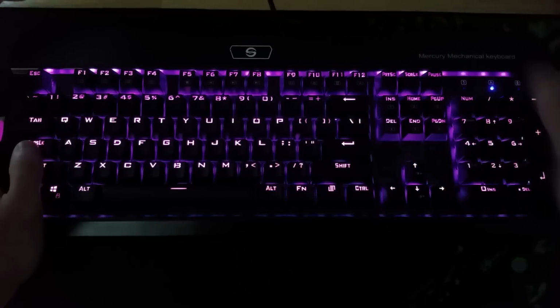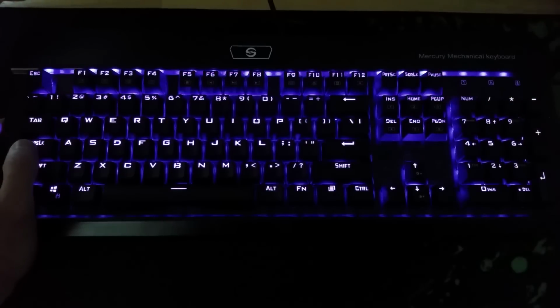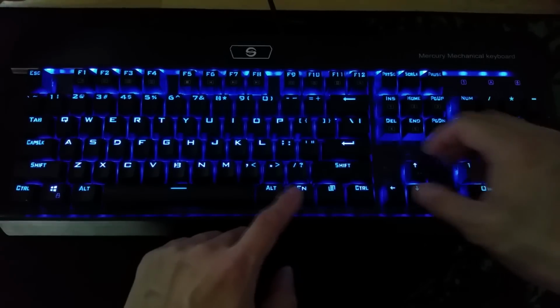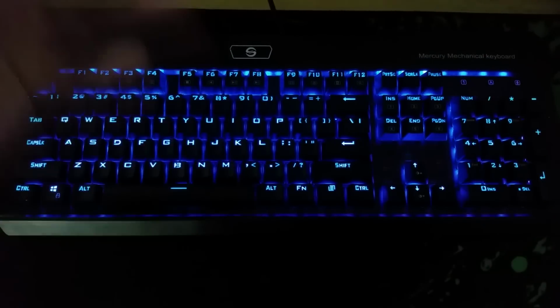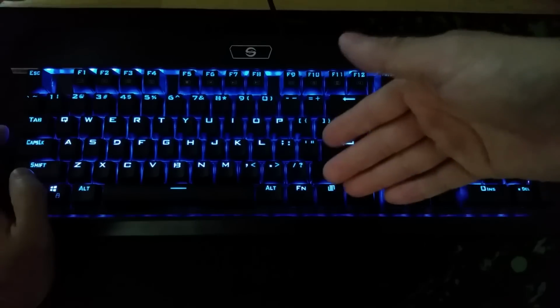So let's turn off some of those lights. Scroll lock, caps lock off, number lock off. Okay, so the first effect I'm going to look at is color cycling. Hitting function and insert, well, it was already color cycling, so hitting function and insert will stop the cycle